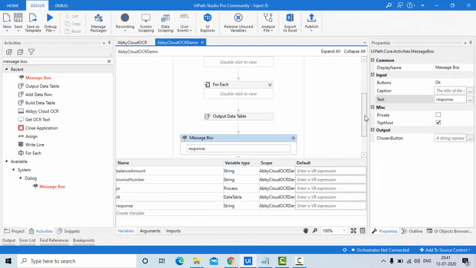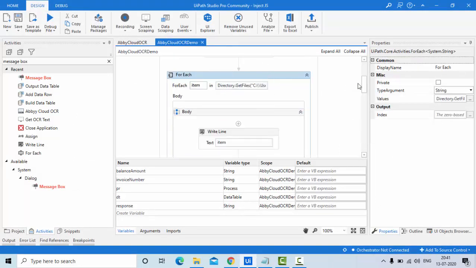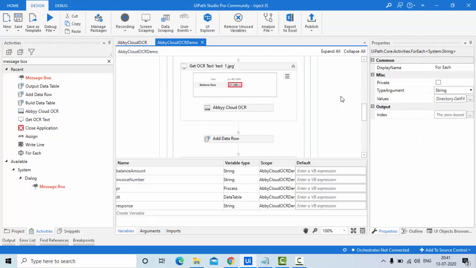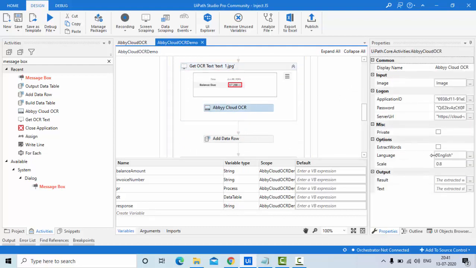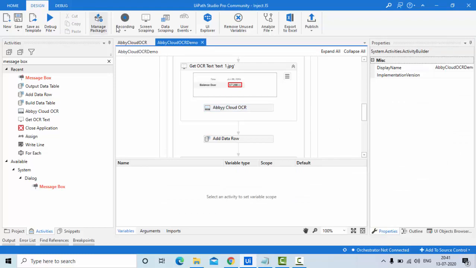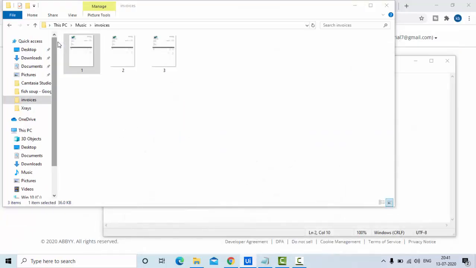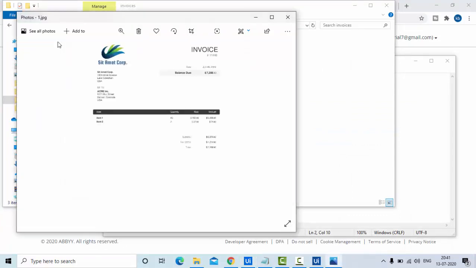Okay, no problem. Just go to for each here, and where the balance amount is there, right? So if you see in CloudOCR, I have given this one, right? Let me use one. I think it's 0 to 1, I guess 0 to 2, I guess, values, that range of values. I'm not sure exactly, need to Google it.